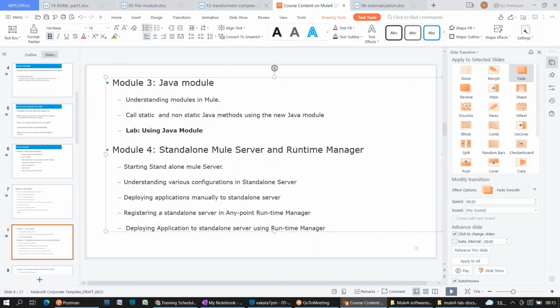That is helpful in the development environment. Same application, if you want to deploy in the production environment, we have deployment strategies like deploying the application by using standalone on-premises servers. In other words, we'll call it on-premises servers and CloudHub deployment. Once you develop your application with some changes, we can deploy directly onto CloudHub. And the third option is the hybrid model, a combination of on-premises and the cloud.